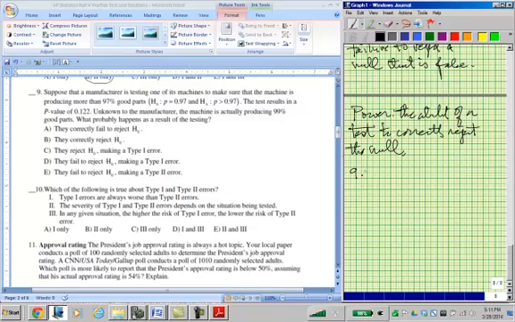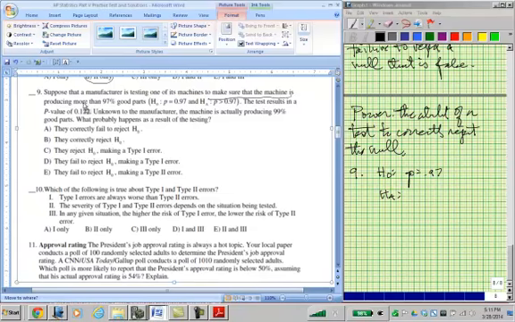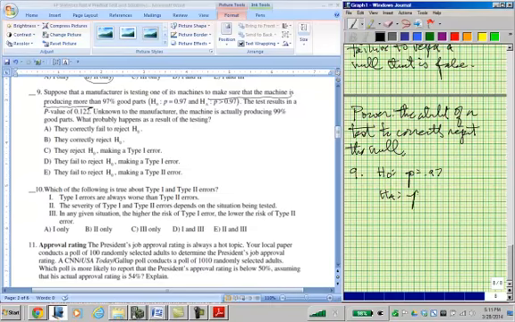Okay, so, quick. H sub 0: P equals 0.97. H sub A: testing one of the machines to make sure that the machine is producing more, so P is greater than 0.97. Okay. Test result. P-value,